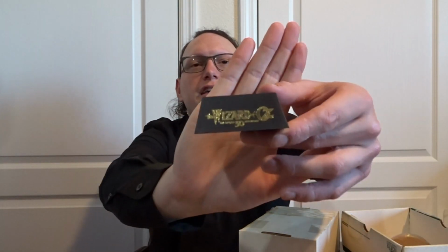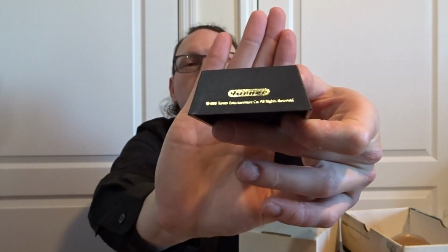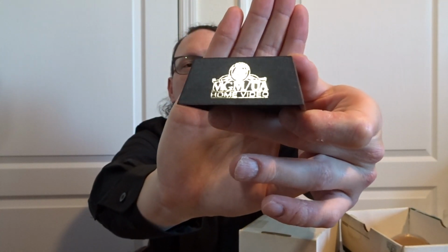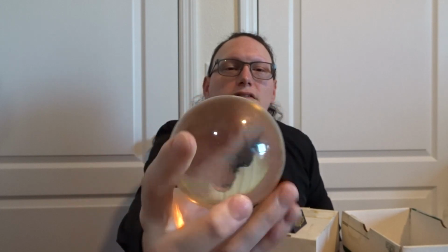The base has that same logo. Let me set this aside. Base has that same logo of the Wizard of Oz embossed in gold on that side. On this side, we have Turner. And on the opposite side, you see the MGM. And the crystal ball is a simple crystal ball. It doesn't have any air bubbles in it or anything like that. It is a complete sphere